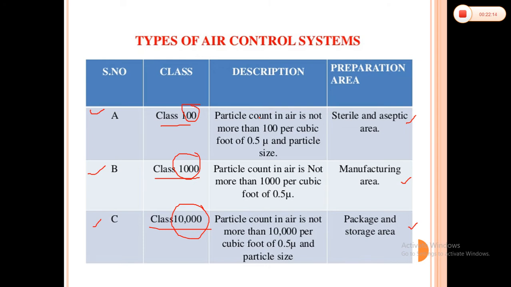So the air velocity which is employed should be 100 or 120 feet per minute. These particular HEPA filters prevent contamination because it is swept away with the airflow. All the particulate matter which is present can be swept away with the help of this airflow. So any contamination which is introduced downstream from the filter may be carried to the critical working area which is located further downstream.